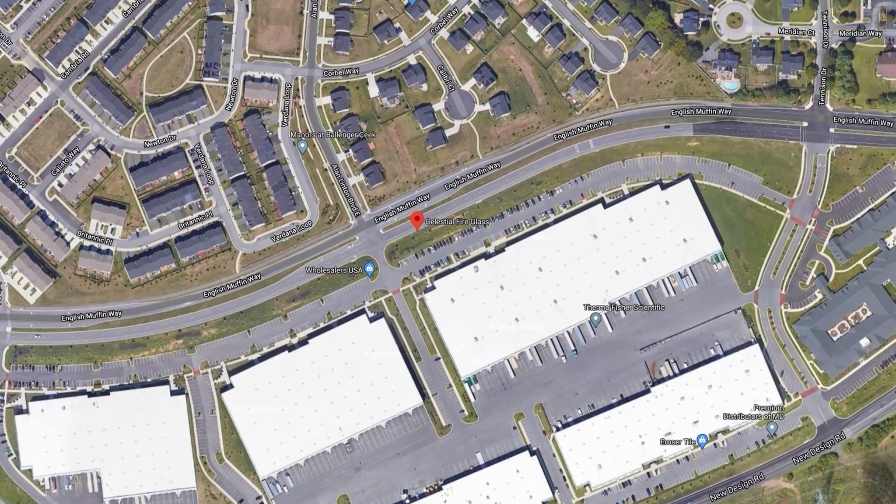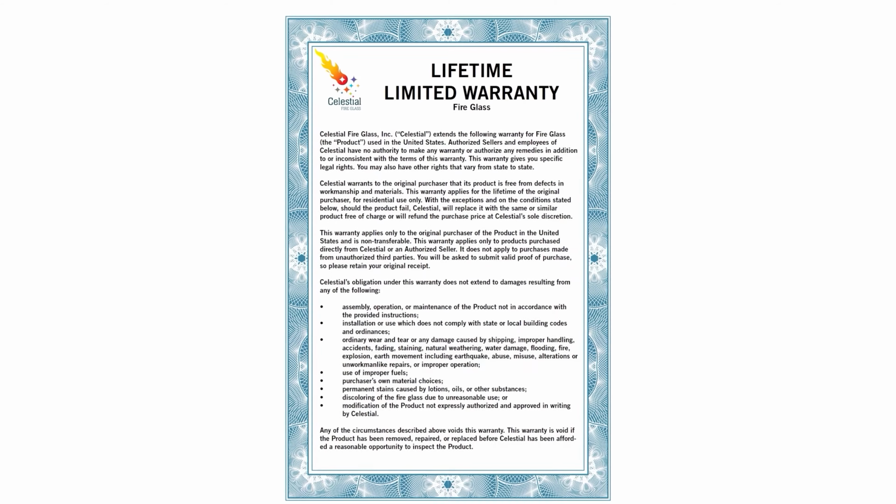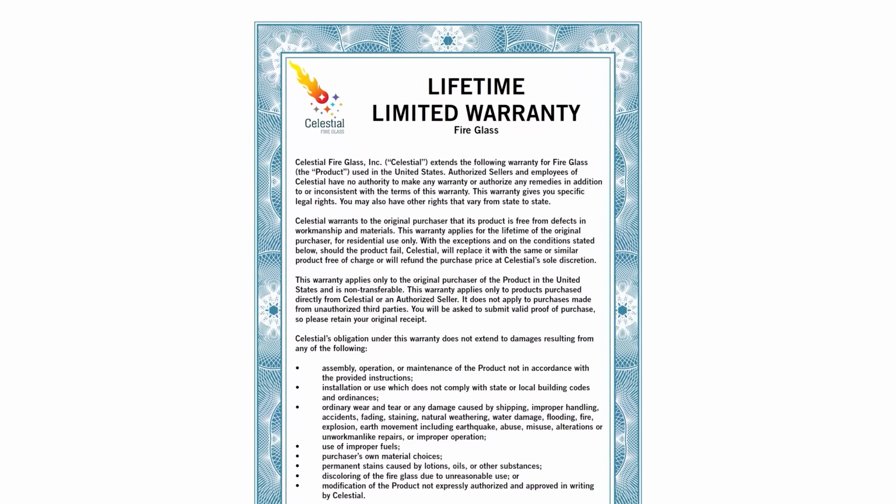Now, constructing a gas fire pit can seem overwhelming at first. There are a few things to keep in mind to ensure a smooth build and installation. First, when you're purchasing components for your fire pit, you want to be sure you're dealing with an established, reputable company that will be there after your purchase to provide the support you need. Celestial Fireglass is an American-based company in Frederick, Maryland. We're committed to providing out-of-this-world products at a down-to-earth price, and we're here to assist you in any way we can. Even better, every Celestial Fireglass product comes with a limited lifetime guarantee. If you ever have a rare issue with a defect to one of our products, we'll replace it right away